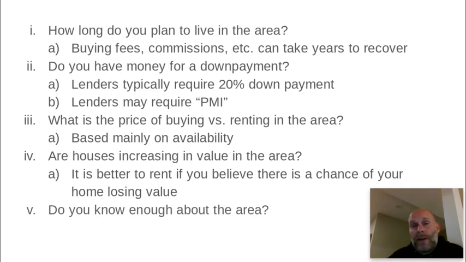Finally, do you know enough about the area? When I moved to Grafton, we were very, very specific. It's the second home we had bought, so we knew what we wanted. We knew what we were looking for. We had some major things we were looking for. One, it had to be close to the train station because I was still working in Boston. Two, it had to have good schools because my oldest was turning 6 and going into first grade. So we wanted a good public school system.